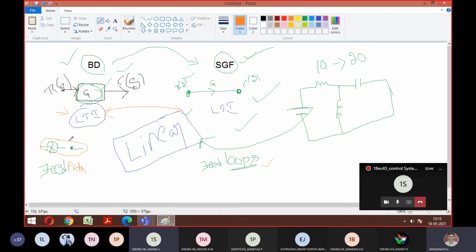Okay. I have one more point. I added one more point. You can see the cursor here. Branch points and summing points are used in block diagram, not in signal flow graph. Breakaway points, or takeoff points, or pickoff points, three different names you can use. Branch points and summing points are required in block diagram. That is not there in signal flow graph.